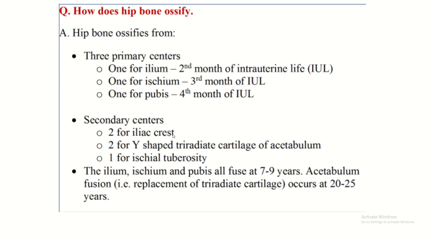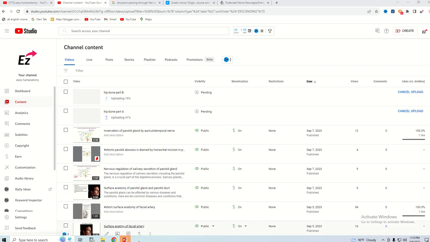Secondary centers: two for the iliac crest, two for the Y-shaped triradiate cartilage of the acetabulum, and one for the ischial tuberosity. The ilium, ischium, and pubis all fuse at 7 to 9 years, and within 25 years this triradiate cartilage is replaced by bone. So this is all about